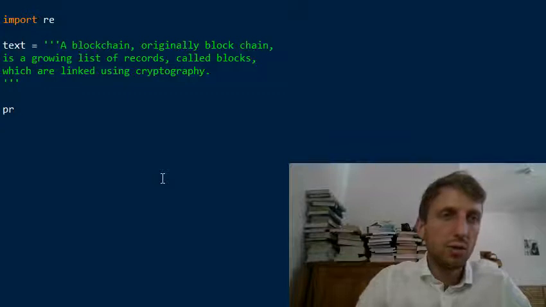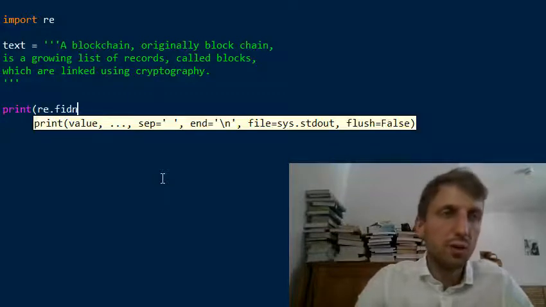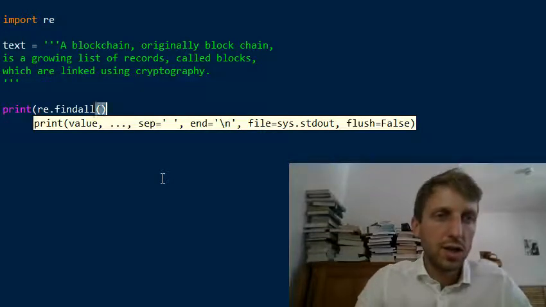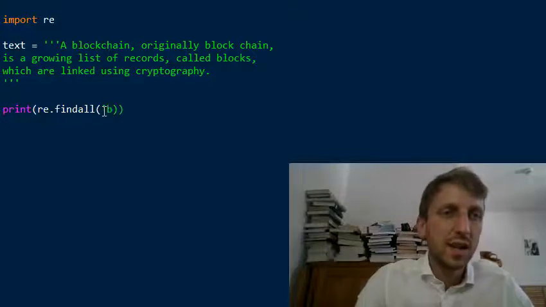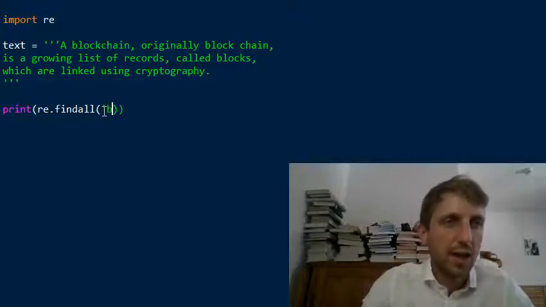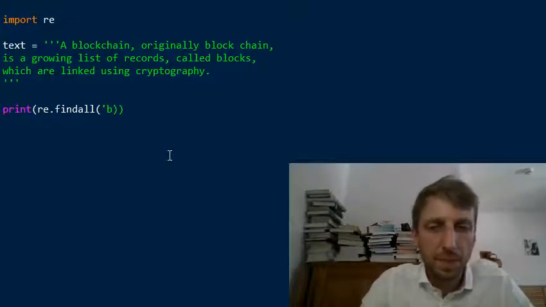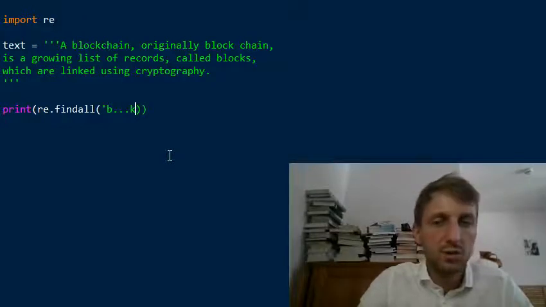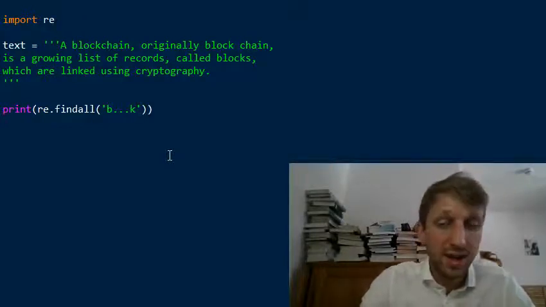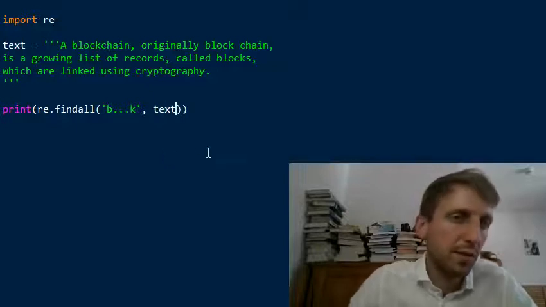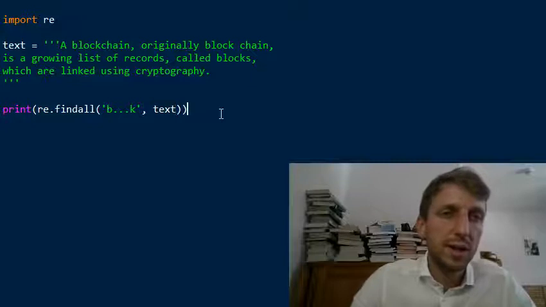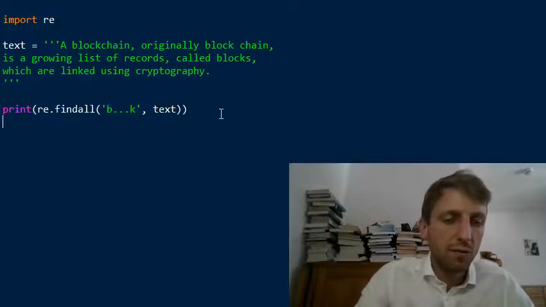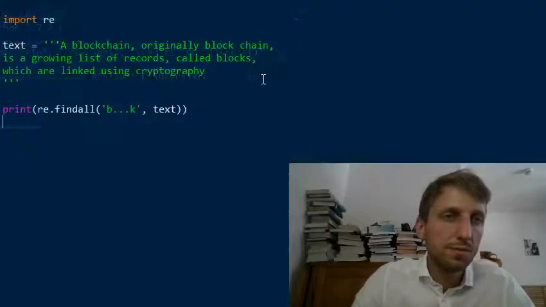And now you can do the following. You can print the result of the re.findall function. The re package is Python's package for regular expression processing, and now you can pass in some pattern, like a pattern consisting of the character b, 3 arbitrary characters using the dot regex, and you also have to pass a text. So you pass a pattern and a text in which you want to find the pattern into the findall function. And now if you run this code,